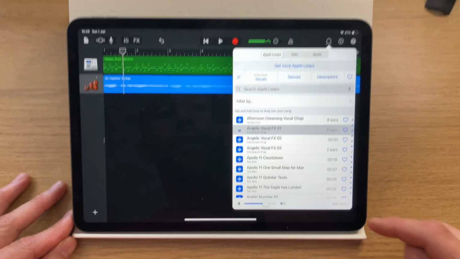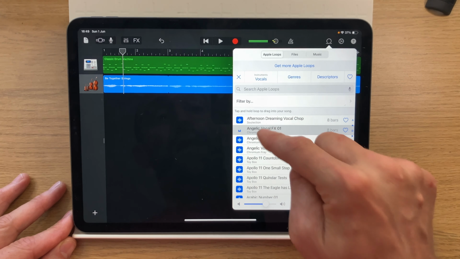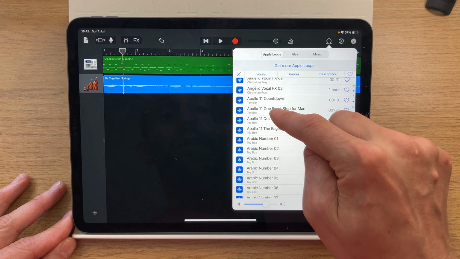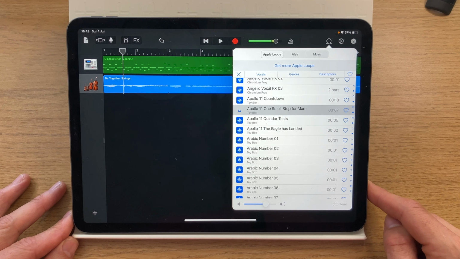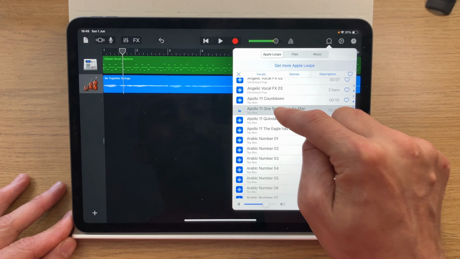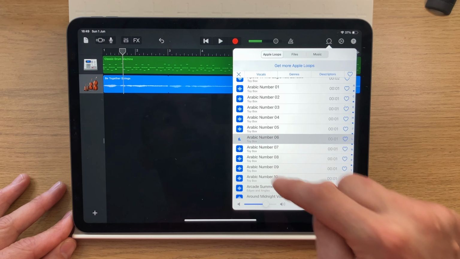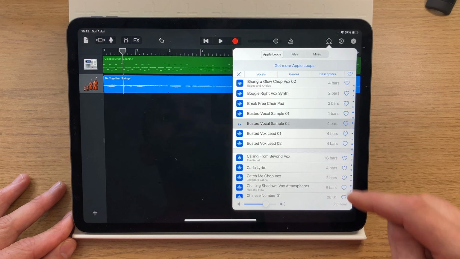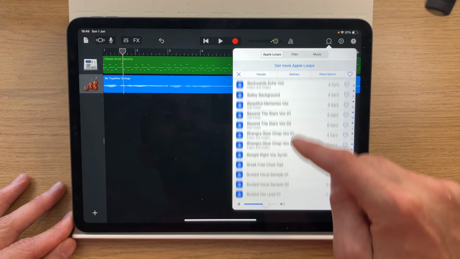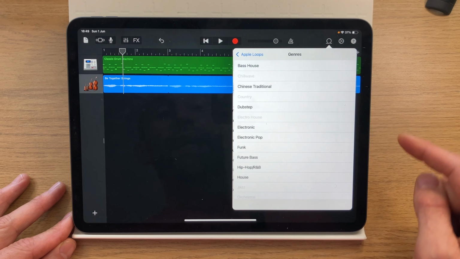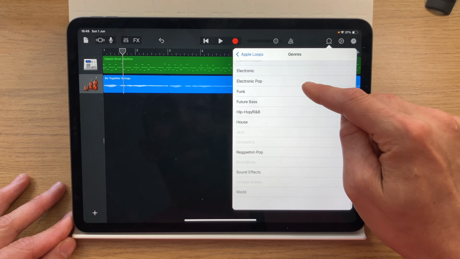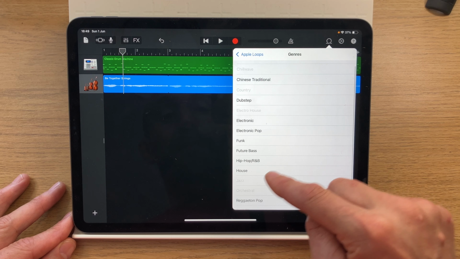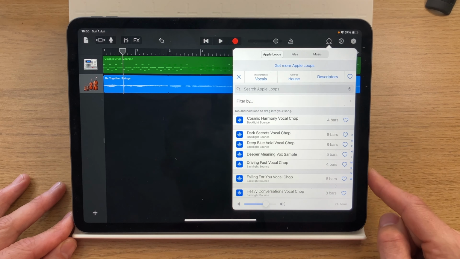Now, that is an example of a vocal, but you've also got... So actual and some numbers, like that's Arabic number 6, and there's lots and lots of different ones. Some are just sort of sounds made with a voice. Again, you can select genre. So let's go house. Okay, so